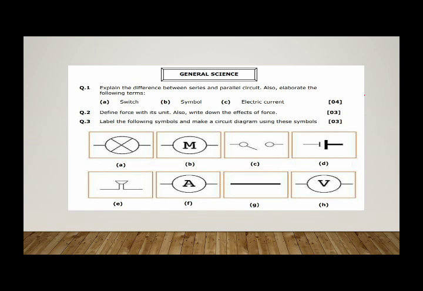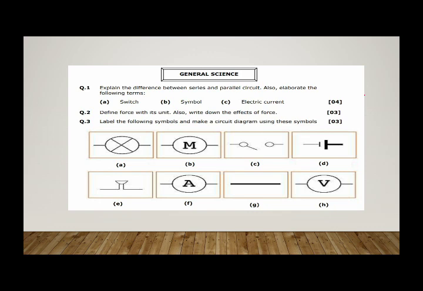First of all, we have to mention what is the arrangement of the series circuit and what is the arrangement of the parallel circuit, how the current is flowing in the series circuit, how the current is flowing in the parallel circuit, and then which circuit is present in our home, in our school, in offices, and which circuit is present in those advertisement boards or the decoration lights, right? So these are the points which you have to mention when you are writing the difference between the series circuit and the parallel circuit.